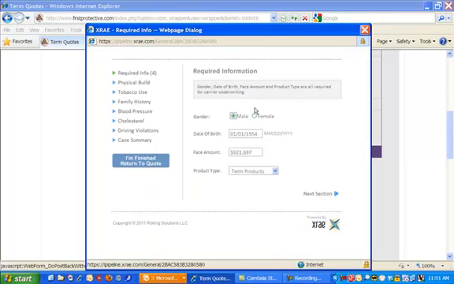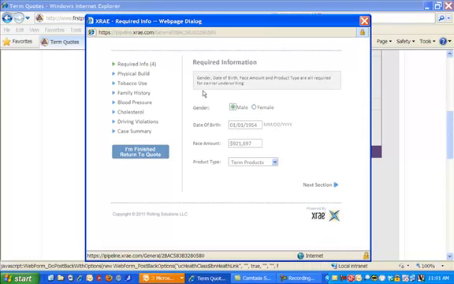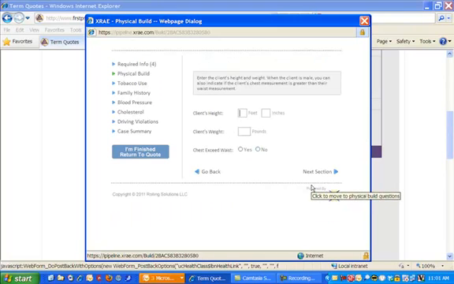health classification rating. So we'll pull up the dialog box here, and you'll see that the basic information from the quote, gender, date of birth, face amount, and product type, is already pulled over from the quote engine. We'll move into the next section for physical build, and we'll say 5 feet 11 inches, client's weight,